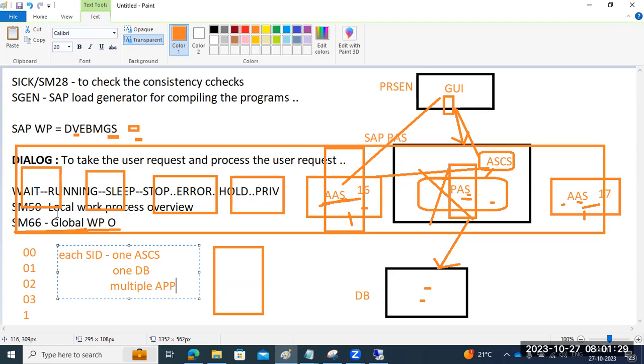No sir, my question is that question 1 is the DB for SIDs, right? Sorry, can we use one single